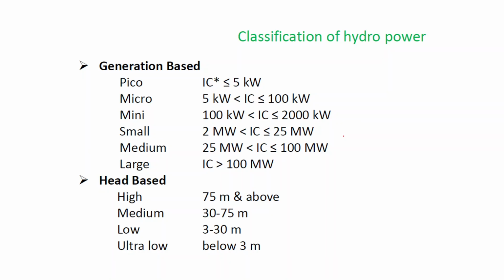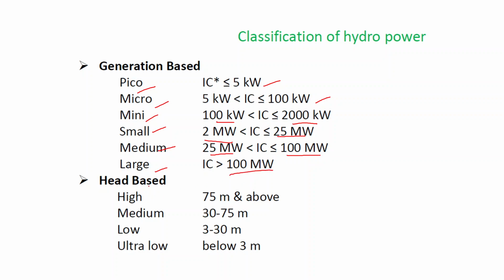Classification of hydropower is done in various forms. On the basis of generation, it depends on the amount of power that can be extracted. It is of various types: pico, micro, mini, small, medium, and large. Pico produces a power of less than 5 kilowatt. Micro produces from 5 to 100 kilowatt. Mini produces from 100 kilowatt to 1000 kilowatt, small produces 2 megawatt to 25 megawatt, medium plant produces a power of 25 megawatt to 100 megawatt,